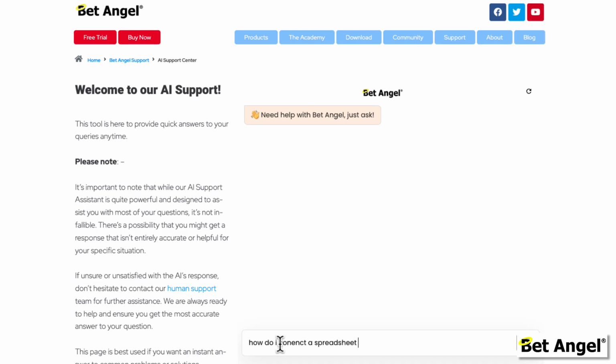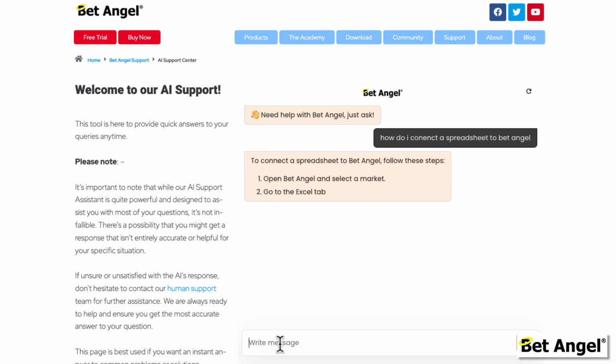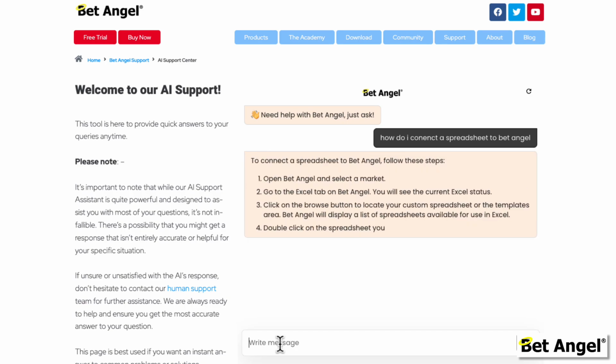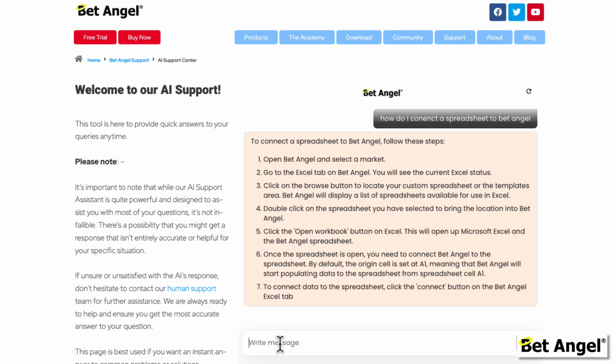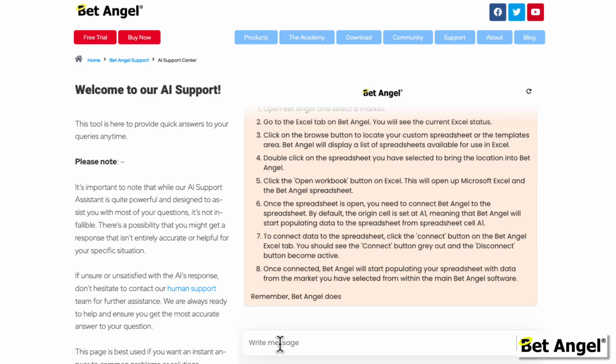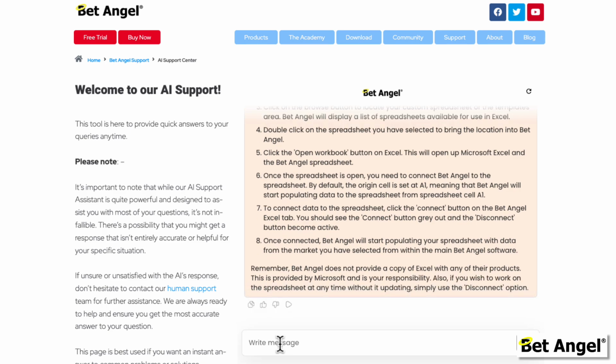You can chat to it about specific features. And you can see I've made a spelling mistake here, but it doesn't matter, and it can talk to you in multiple different languages as well, and it will give you a very clear and defined answer, and you can continue this interaction with it as much as you like so that you don't have to be embarrassed about asking simple or basic questions. Now, every now and again you will get a little hallucination, but of course we're happy to take your questions via support as well, and we see this as a supplement to allow you to get the best out of BetAngel.